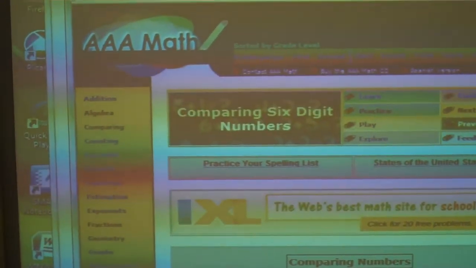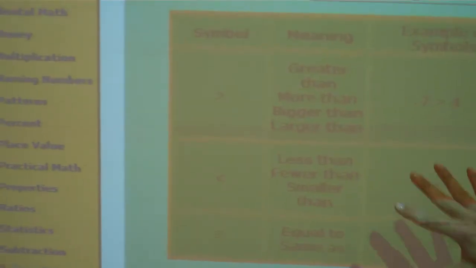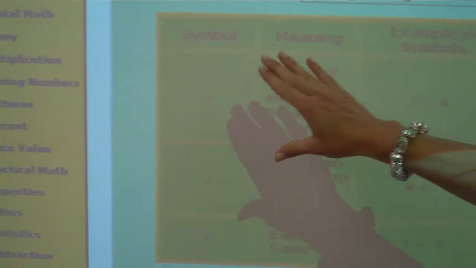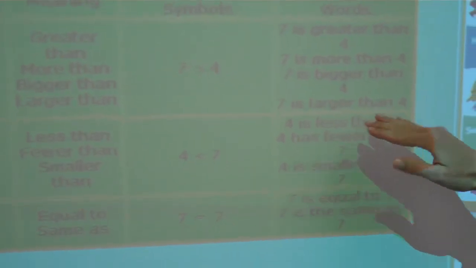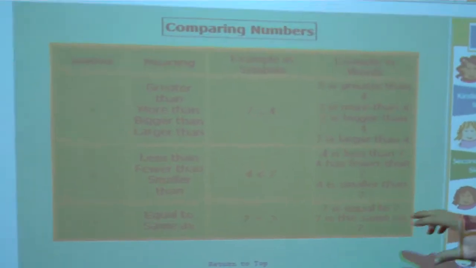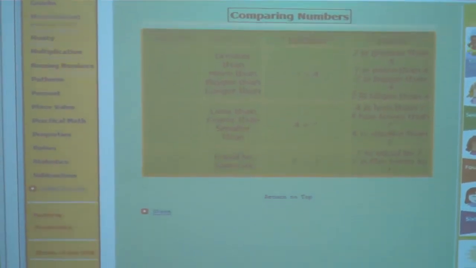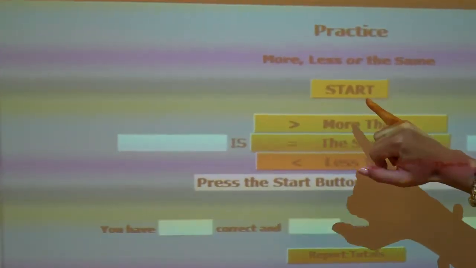Okay, so here is the comparing numbers. If I scroll down, you will see what I would start off with in class: explaining to my students what each of the symbols mean. Greater than, less than, and equal to. By the example in words, you'll see 7 is greater than 4, 7 is more than 4, 7 is bigger than 4, and 4 is less than 7, and 7 is equal to 7. I will go over this with the students in class, and then I will have them practice on their own by scrolling down. If I hit the start button,